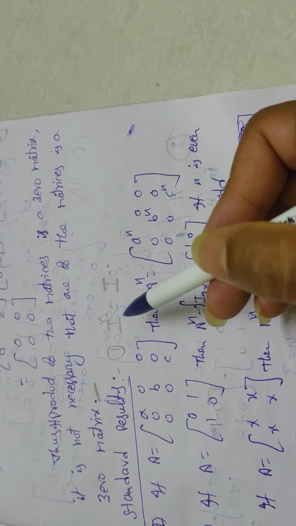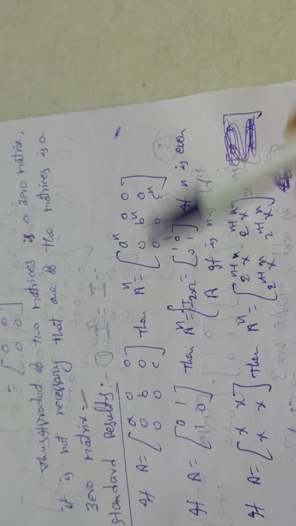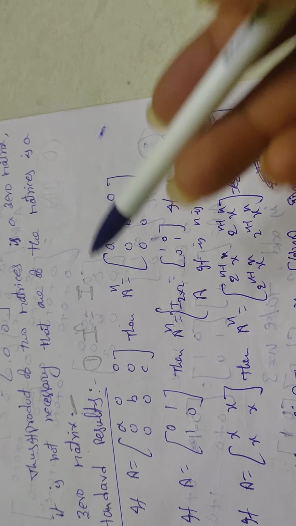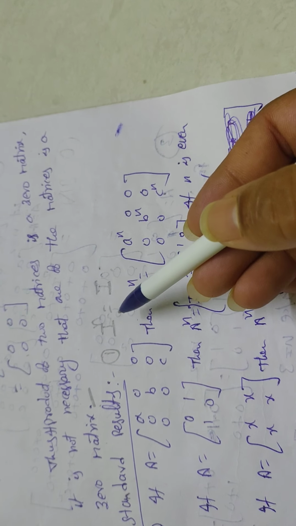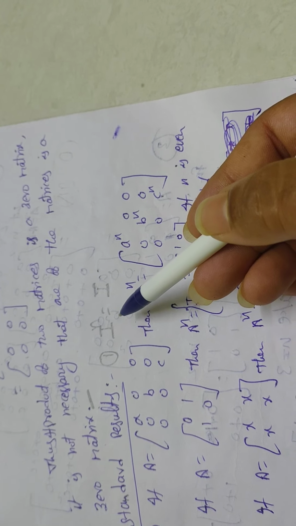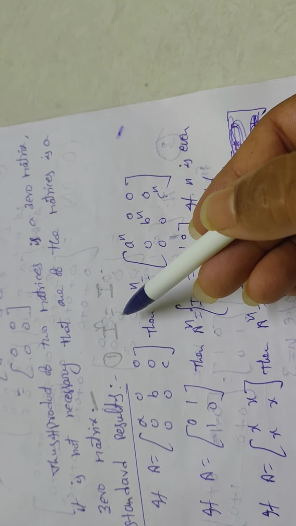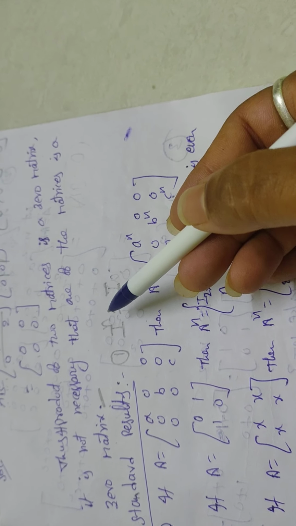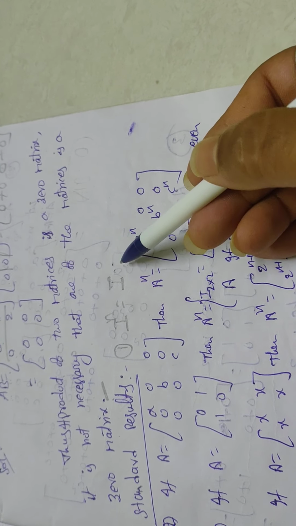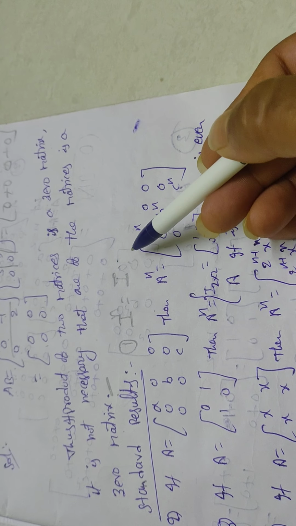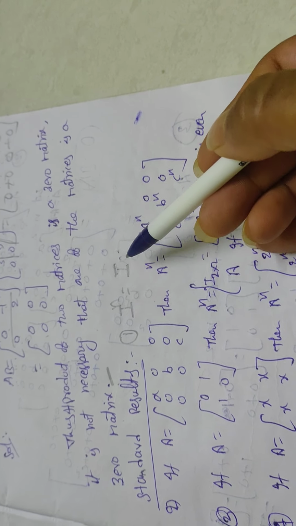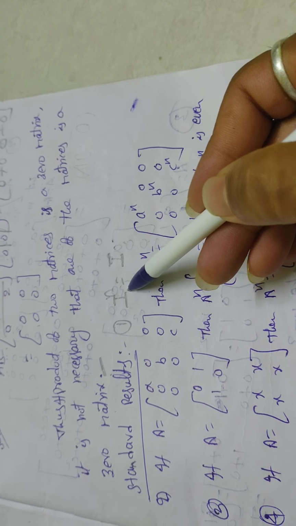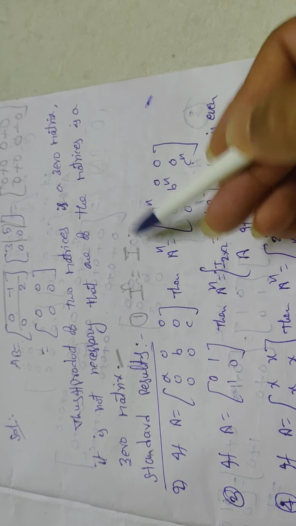So here the first standard result is I power n is equal to I. Here I means identity matrix. Identity matrix means always square matrices. Here the order may be any order, that means 1 by 1, 2 by 2, 3 by 3, 4 by 4, 5 by 5, up to n by n. Any matrix you take and raise the power up to n, that means I power 1 is equal to I only, I square, I cube, I power 4, I power 5, I power 6, I power 7, up to I power n also I only, with the same order. If it is 3 by 3, you will get 3 by 3, if 2 by 2, you will get 2 by 2.